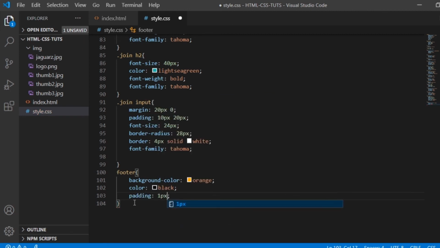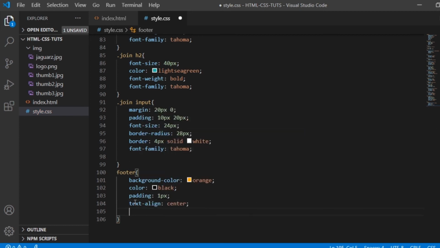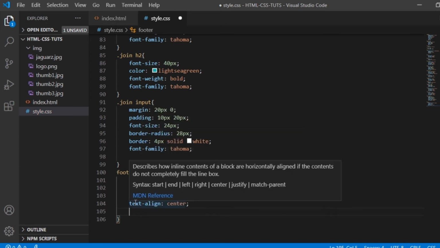So it's gonna be 1 pixel top, bottom, left, and right. And then text align center, and then font family, that's gonna be Tahoma.